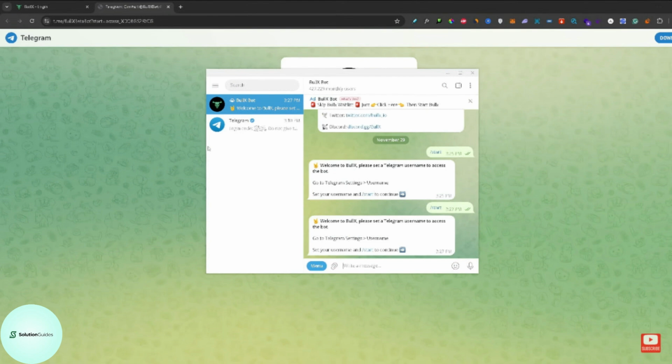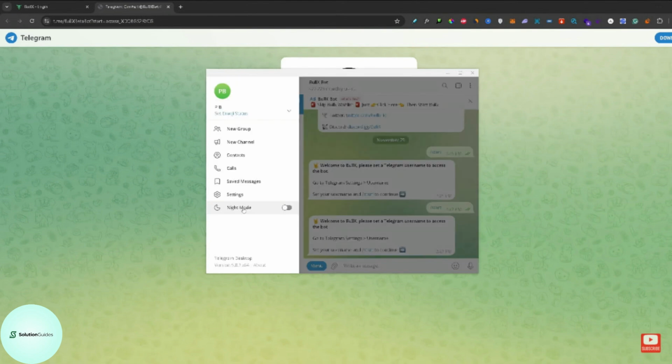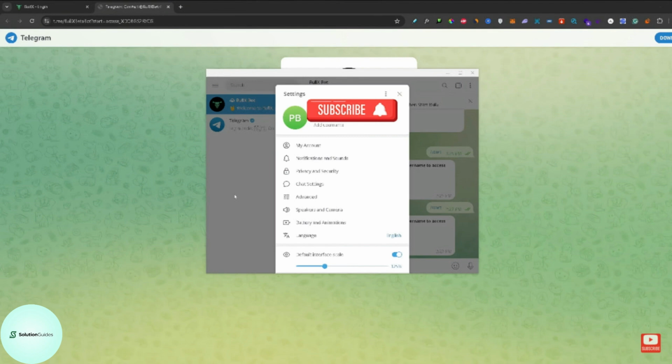Set a username in your Telegram: go to the settings and click on Add Username. Set a unique username. You can use something random, and click Save. Return to the Bullx setup, and once your username is set, exit the settings and continue with the Bullx account